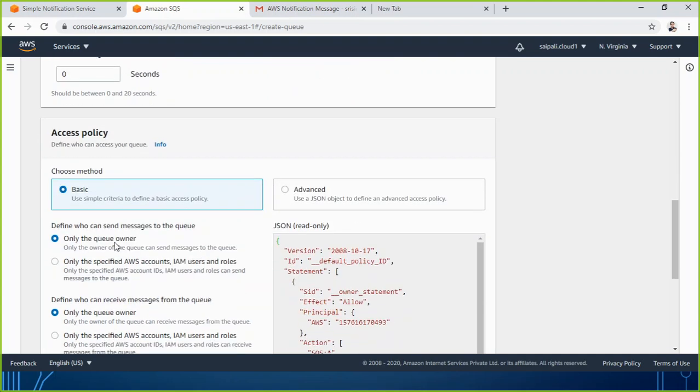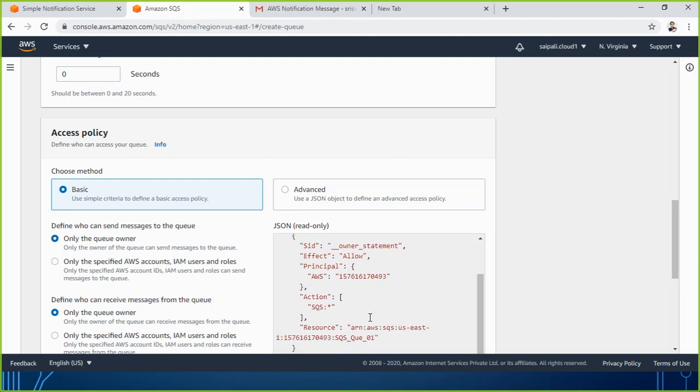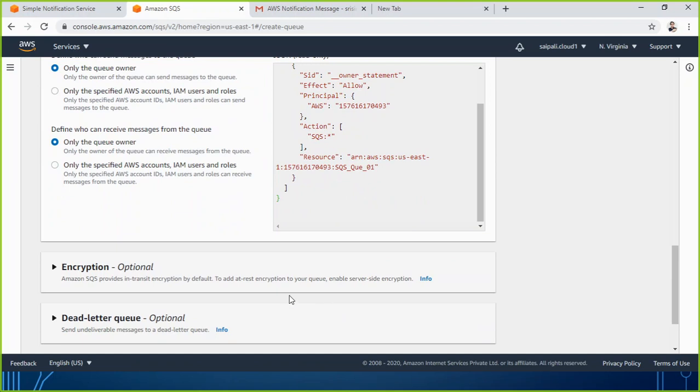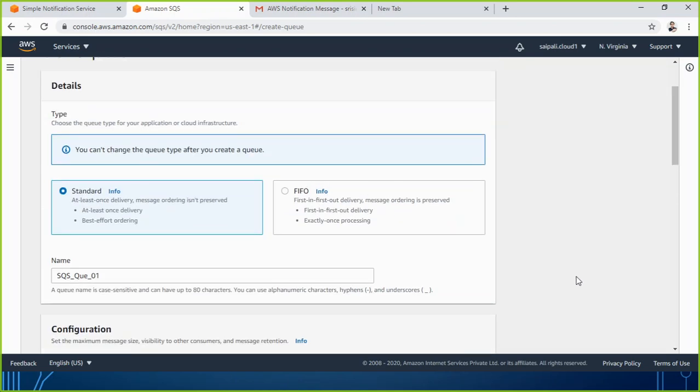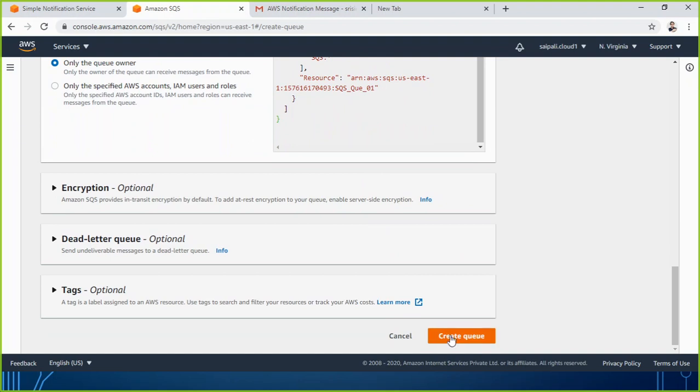Basic will be just the owner of the queue, or you can set it graphically. If you go for advanced, you have to perform the same task with JSON. Thereafter, encryption if you want to set, dead letter if you want to set, tag if you want to set, and then create queue. So for me, I have chosen only the name and standard, and let me just click on create queue.